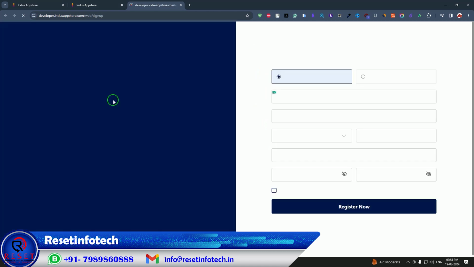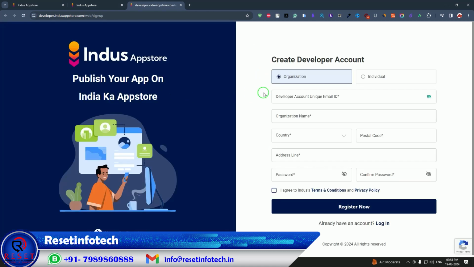Now we will get the sign up form. If you are an organization, just click on organization. If you are an individual, just click that. Right now I am going to make the account for an individual. So here write a unique email ID. I will write my mail ID here,